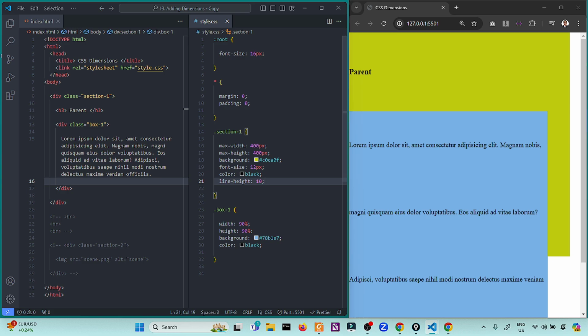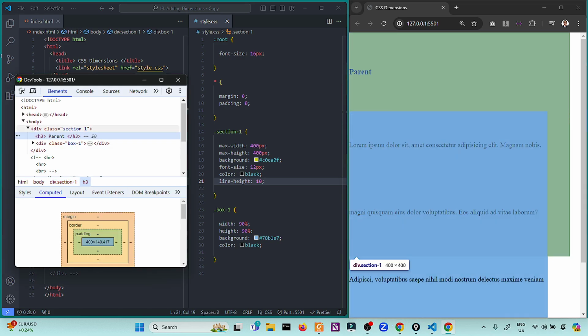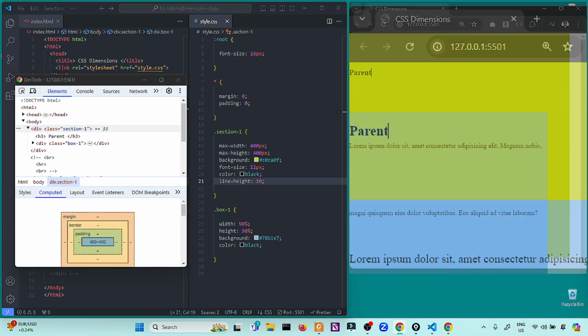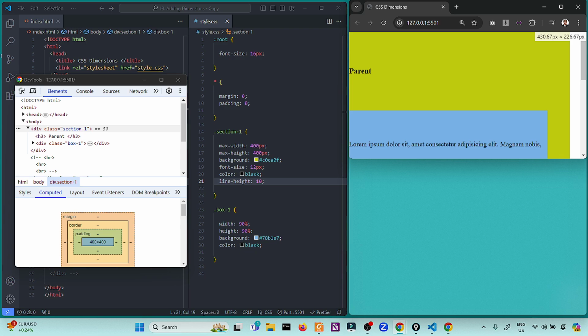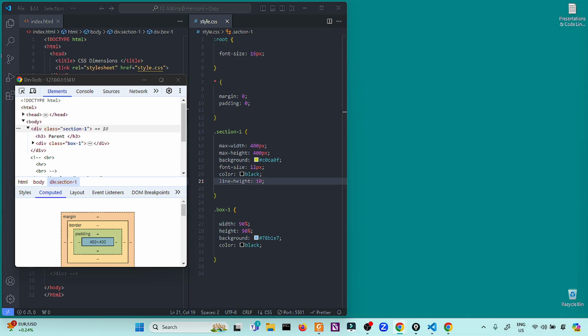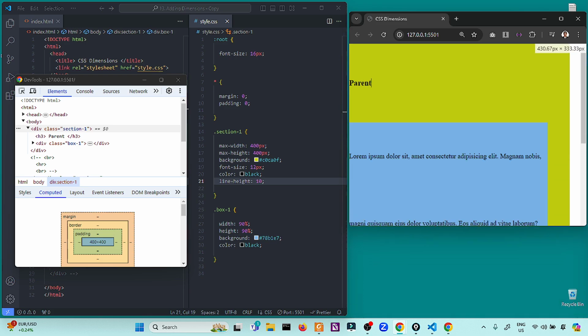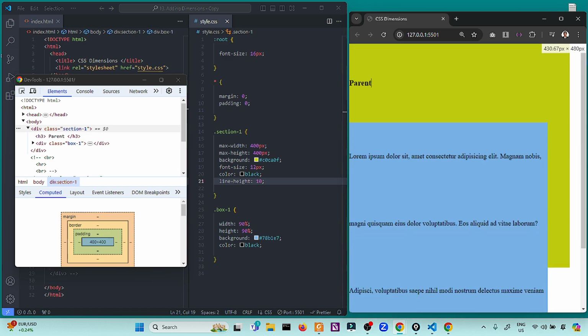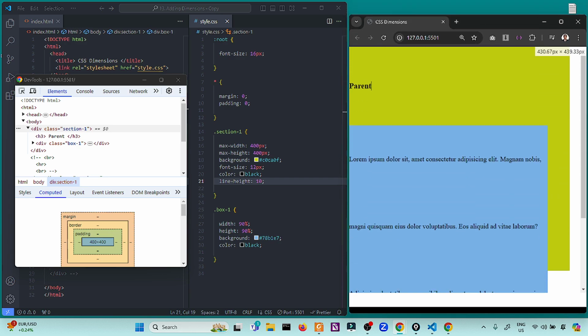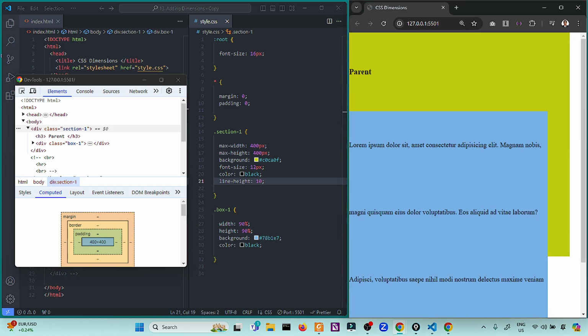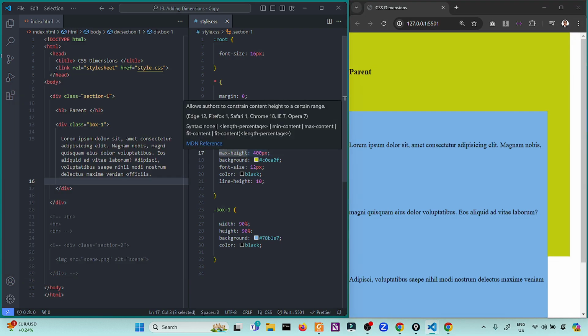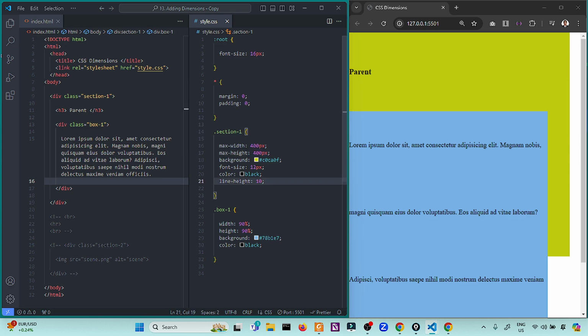It means if we have a maximum height for section 1 and I compress this one, it doesn't grow anymore, as we only have a maximum height of 400. You need to understand the minimum and the maximum height in order to understand responsive web design. The maximum height and the minimum height are very important when we are setting responsive design.